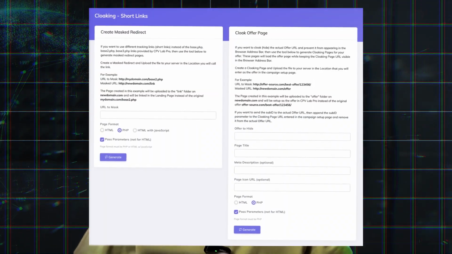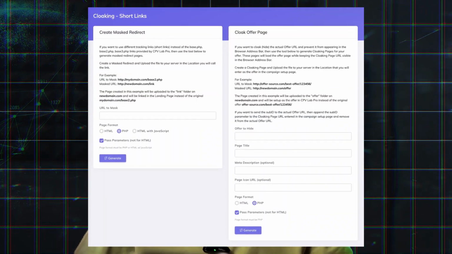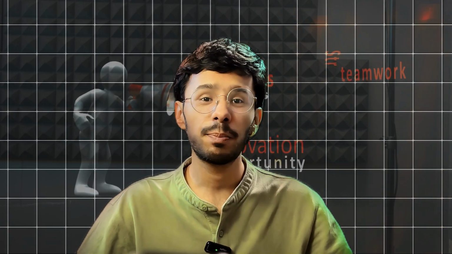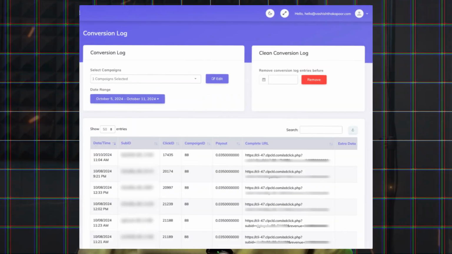If you manage several landing pages, you can use the Crawler tool that generates TXT files that you can upload on your servers, and this is very important. When you're in the initial testing mode, you can check the conversion log and ensure the proper campaign setup. If your campaign setup is done properly, you will see the conversion in CPV1.